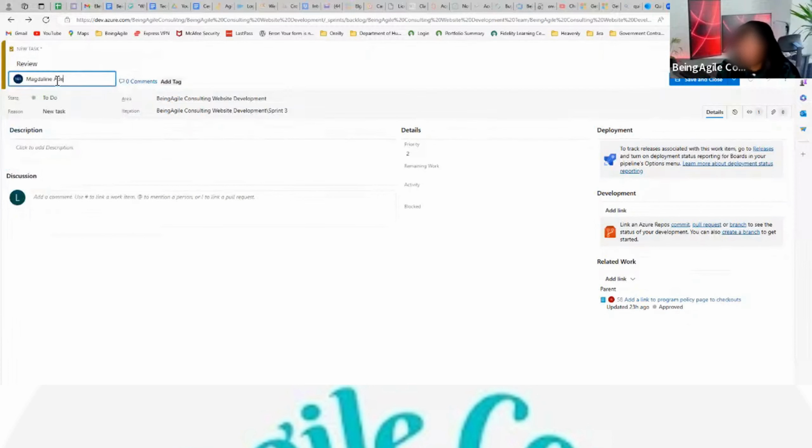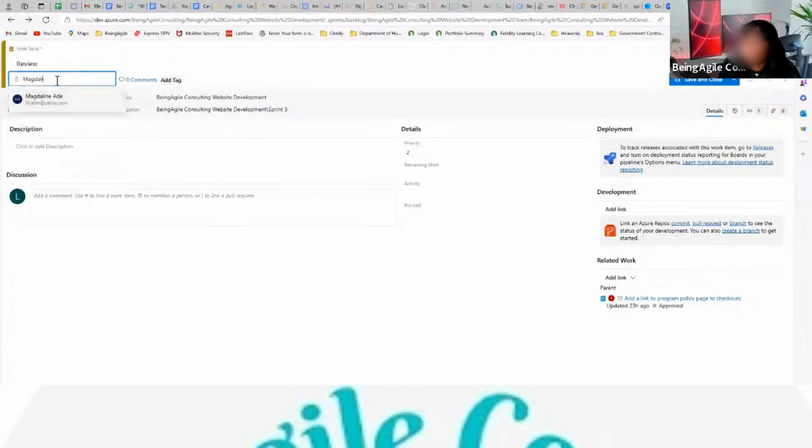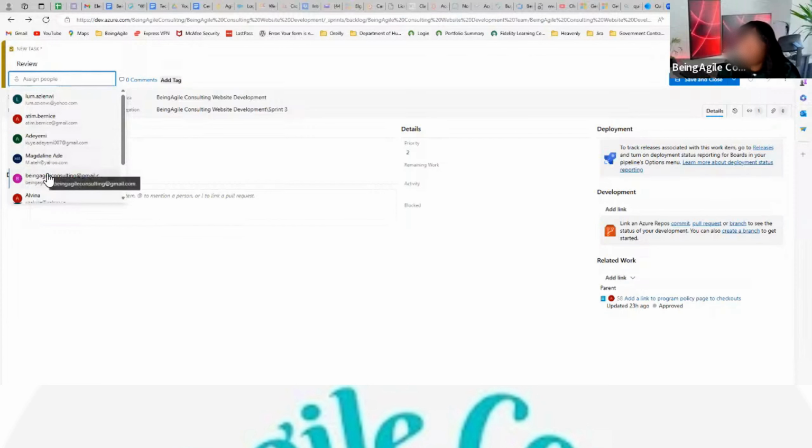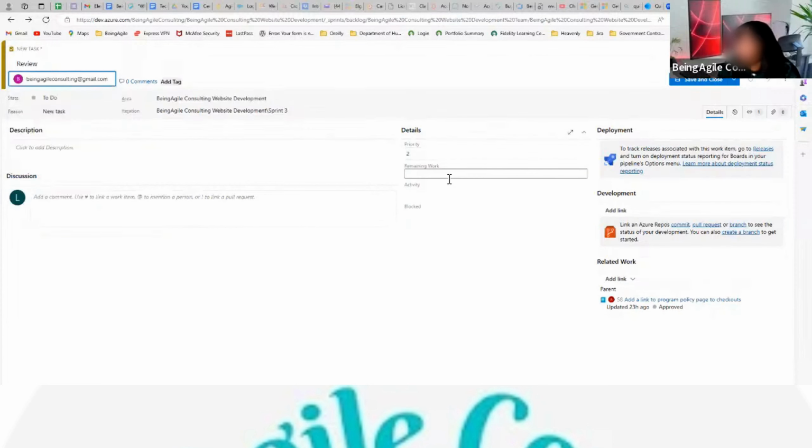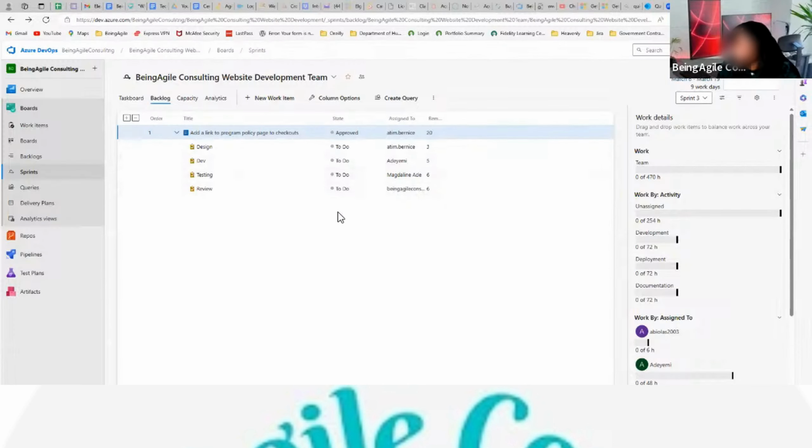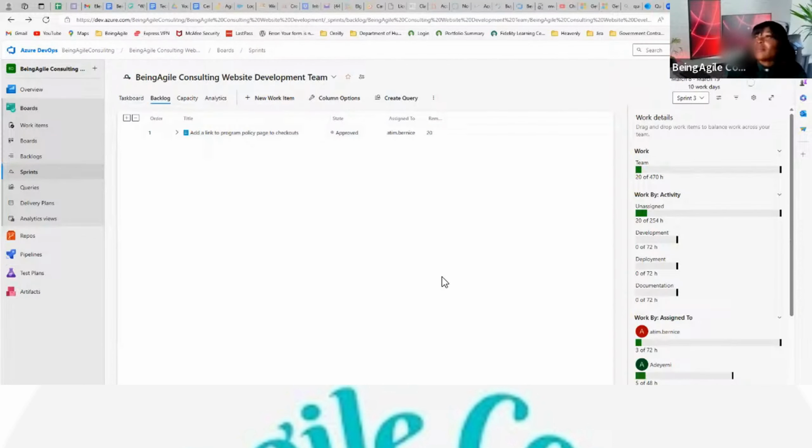Okay, let me assign it to someone else just for data's sake. All right, let me assign this to this person. And then let's estimate this at 6 hours. All right. Let me refresh. Okay, you see, now that I've refreshed my screen, what this is reading so far, this is telling us that,